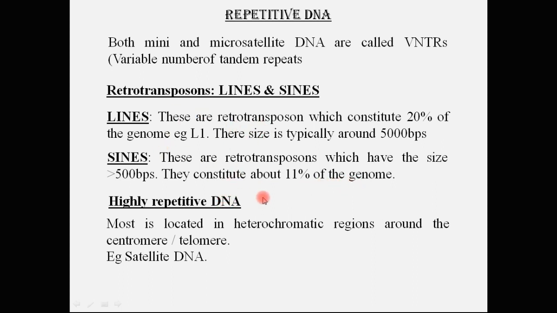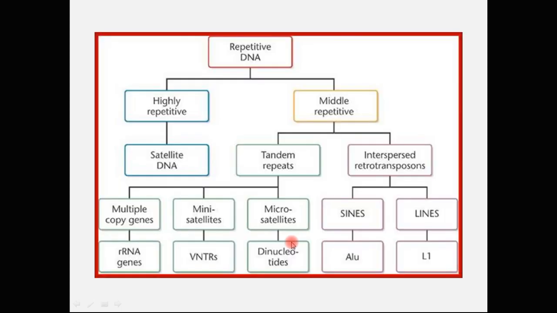And apart from this, the third category is highly repetitive DNA. This kind of DNA has a very large repeat element, and it has copies more than 10 to the power 6 copies per genome, and it is located in the heterochromatic regions around the centromere and the telomere. Example is satellite DNA. And this is the